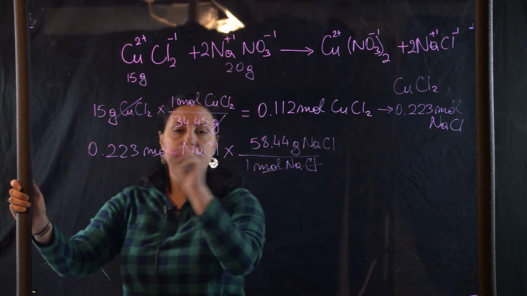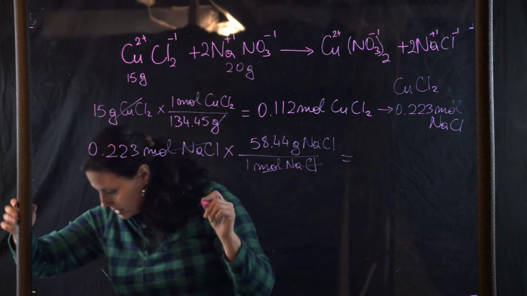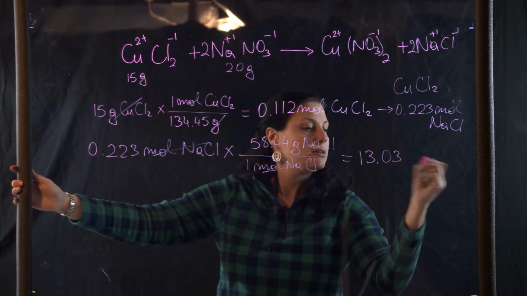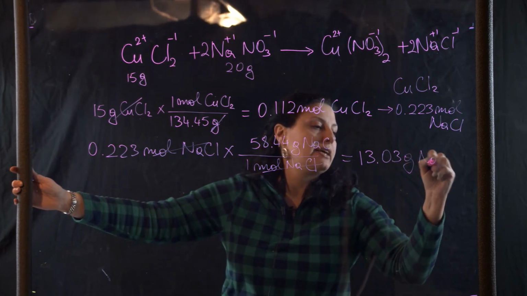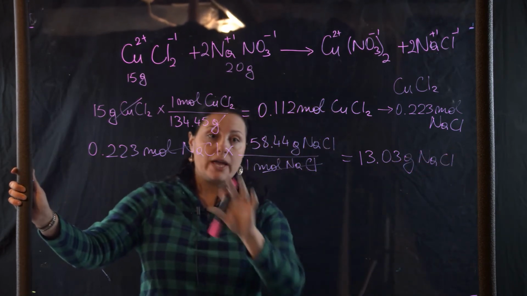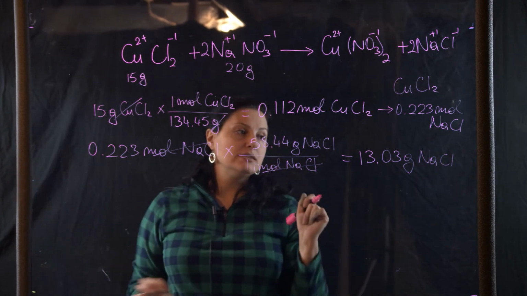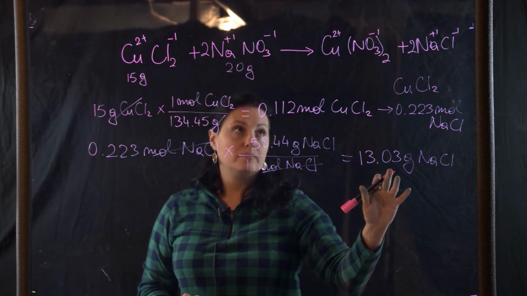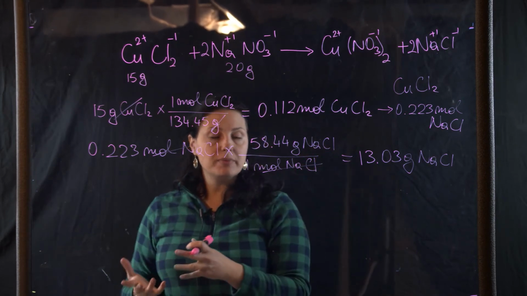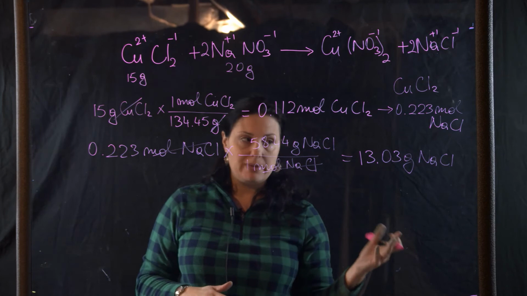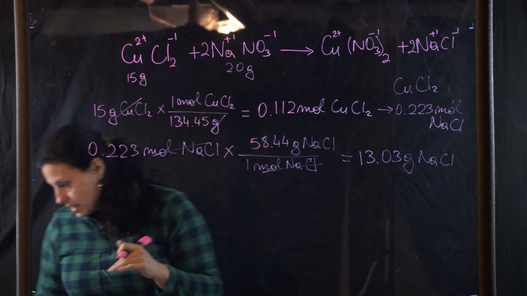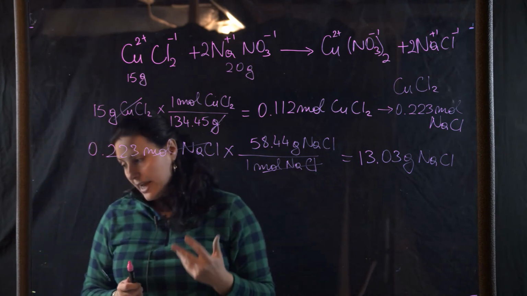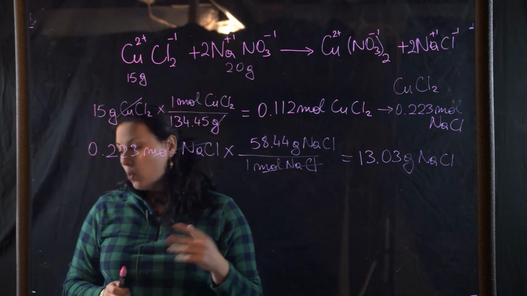My moles cancel, and this gives me 13.03 grams of NaCl. Now, remember, anything we calculate is the theoretical yield. Anything that the problem gives us is the experimental yield. The next question then says if 11.3 grams of sodium chloride are formed in this reaction, what is the percent